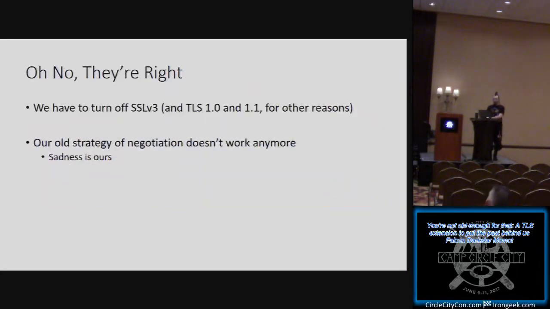They're right. We have to turn off SSL v3 in the current landscape. We simply have left ourselves no alternative. We will also be finding that we have to do the same with TLS 1.1 as we have with TLS 1.2, and in due course, we will no doubt find the same problem with TLS 1.2 and TLS 1.3. It happens, software doesn't age well, you have to update. Our old strategy of negotiation is not working well because of things like the Poodle attack. If anybody supports the bad protocol version, then everybody supports the bad protocol version.